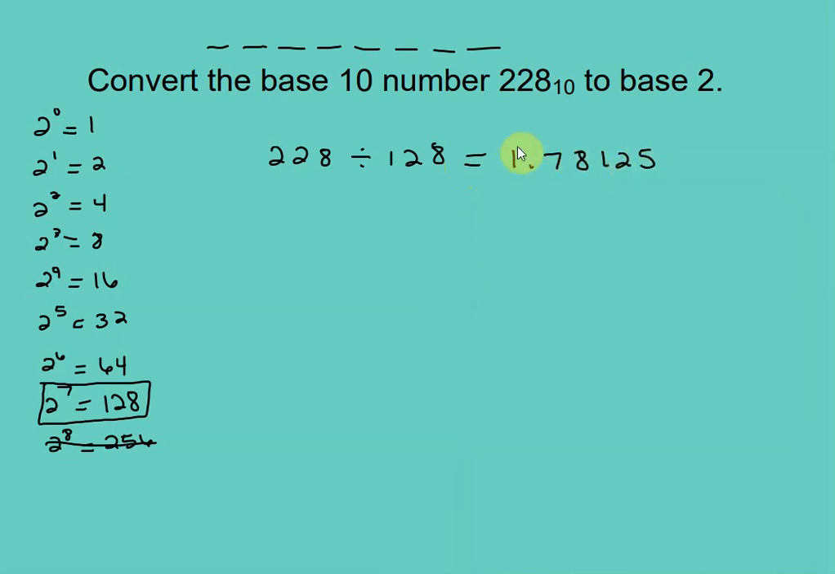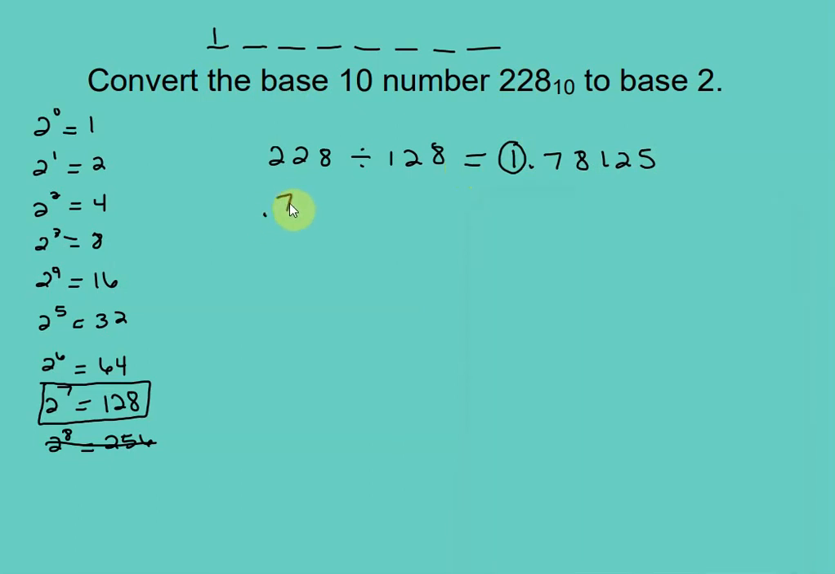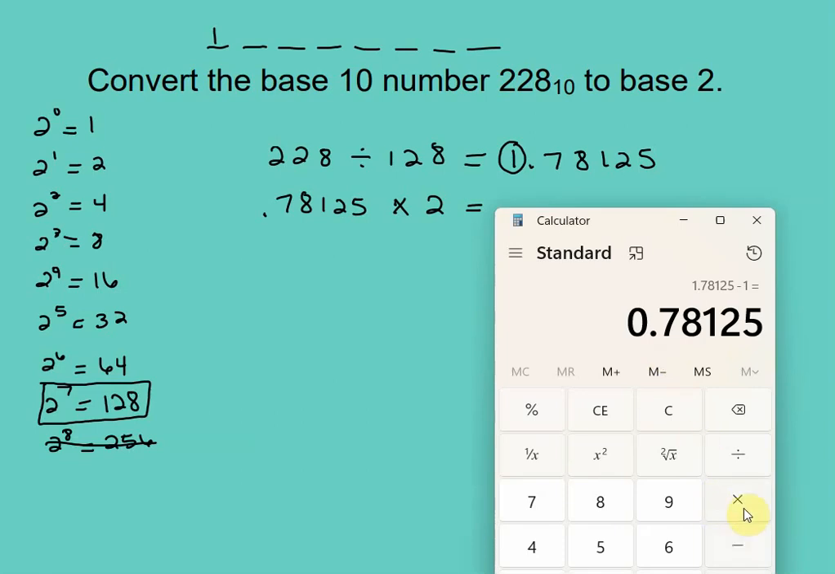1.78125. Whatever's to the left of my decimal point, that's going to be my digit. So in my calculator, I'm going to subtract the 1, and I get 0.78125. And now, from now on, we're going to be multiplying. So we multiply by whatever base we want to convert to. We're going to multiply times 2. In my calculator, I'd multiply times 2, and I get